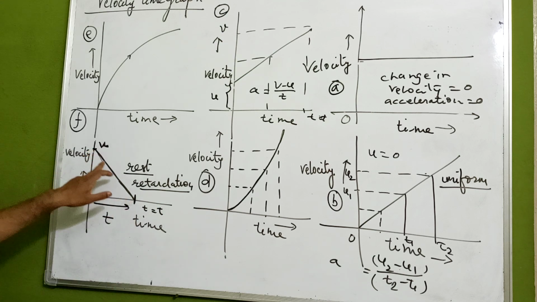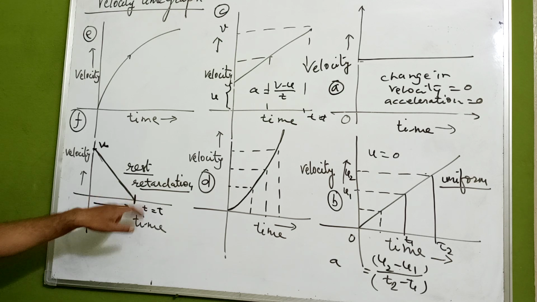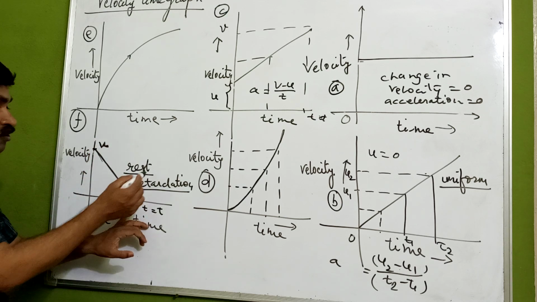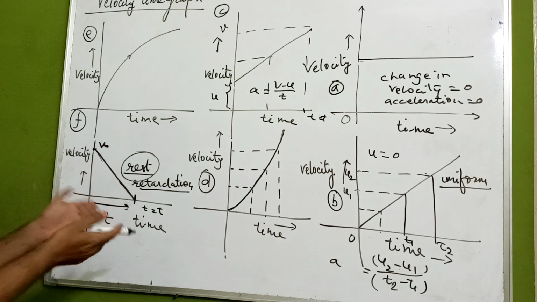यहाँ पे velocity क्या हो रही है? धीरे धीरे decrease होकर 0 पे आ रही है. So with respect to time, we can say, ये state को भी represent कर रहा है. There is retardation. An object is coming to rest, means it is going to stop. ये rest की हो रहा है, stop हो रहा है.